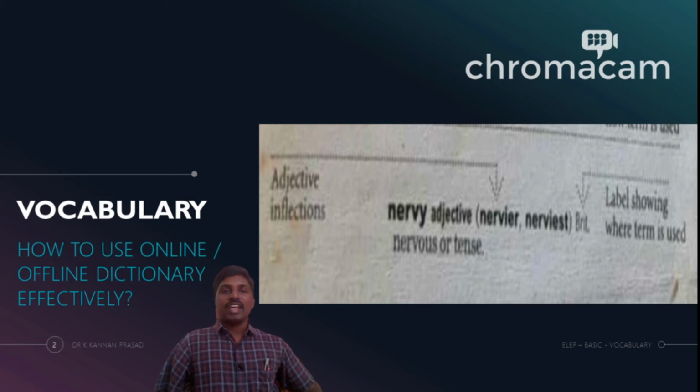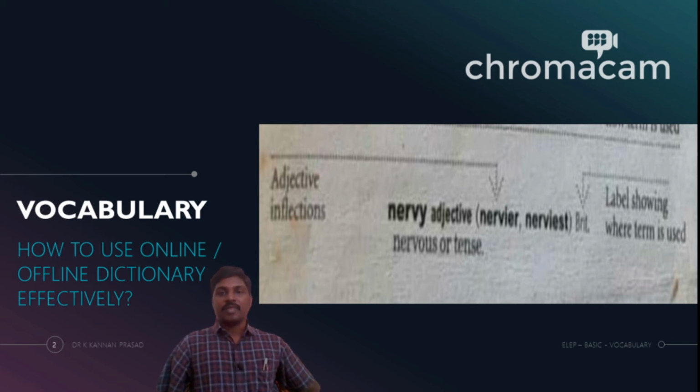So we have this word called nervy, N-E-R-V-Y. Nervy is the head word here, and then what follows the head word is the part of speech. Nervy is an adjective. So within brackets you have the adjective inflections. Now accuse is a verb, so you had verb inflections, right? Which change according to the tense form. But here nervier and nervous is an adjective inflection which can be used as an adjective, but then it is part of the word family.